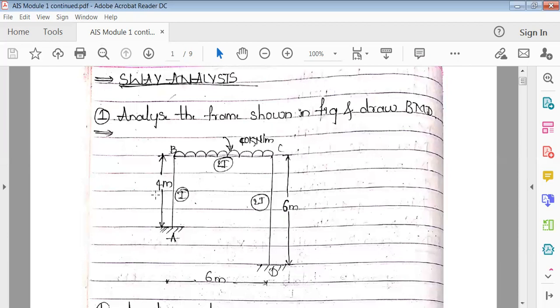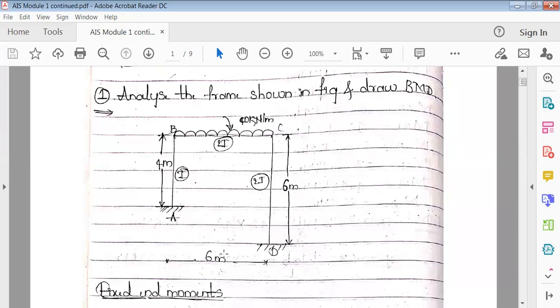So now we have to do the sway analysis. The difference between sway and non-sway analysis is that there are additional formulas which you have to apply to the columns, because the columns are moving, especially B changes to B dash, C changes to C dash. So it bends like this, in this direction. That's why we have to carry out the sway analysis. How to carry out the sway analysis is again simple. It is the same as before, but there are quite a few additional steps.